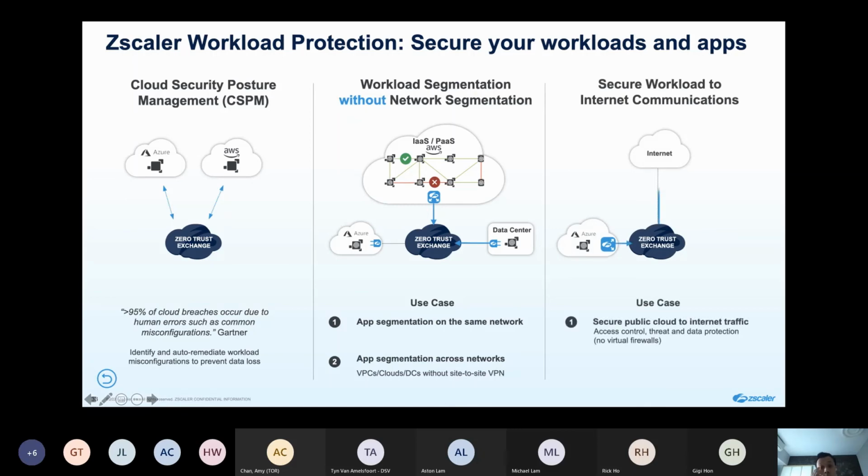And the final thing is that for workload that requires internet access, or for workload that is sitting in multiple clouds, by installing something we call a cloud connector, we can make sure the different workloads sitting in different clouds can connect to each other without a complicated transit gateway design. At the same time, if the workload needs internet access, we can also bring the traffic very easily to the internet. Okay, this is what we can do in terms of workload protection.